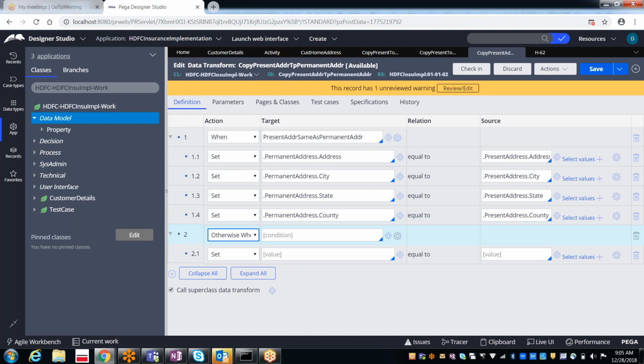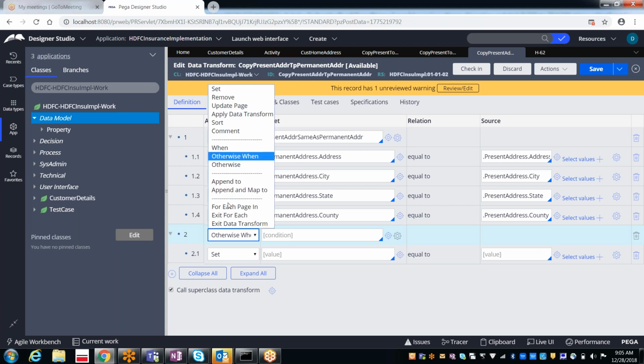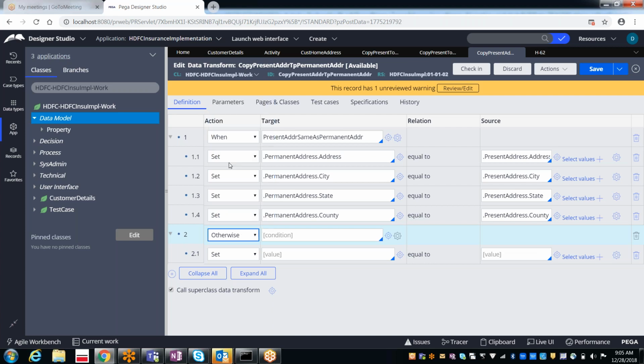Likewise you can add the third step, otherwise when, again. This is nothing like an if-else condition: if this condition true, do this; if else, one more condition, do this; if else, one more condition, do this; else, the last one. Like that only here also. We don't have any other condition, so I'm just using the otherwise.